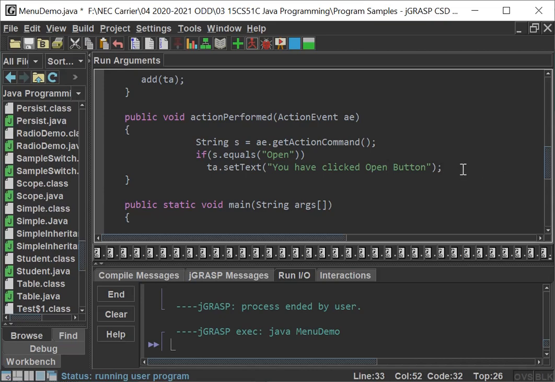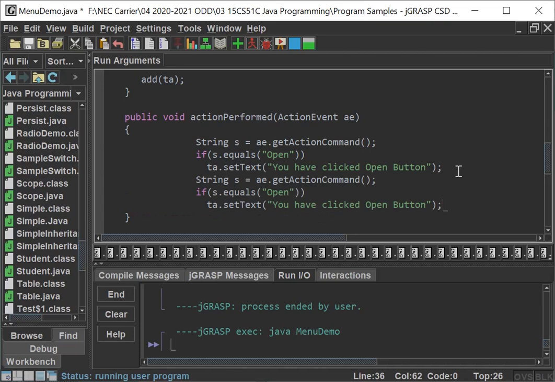I will just copy it and paste it here. So for all the buttons you can write the function here. So: String s = ae.getActionCommand(); if s.equals("new"), I'm going to give the message "you clicked the new button". Then similarly I'm going to do it for close: "you clicked the close button".